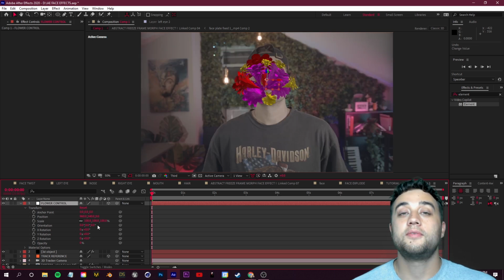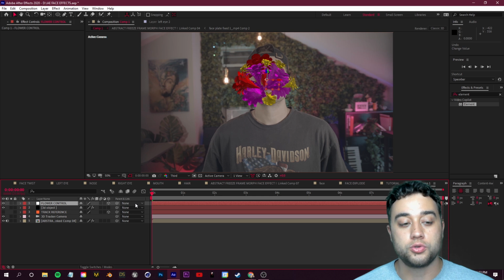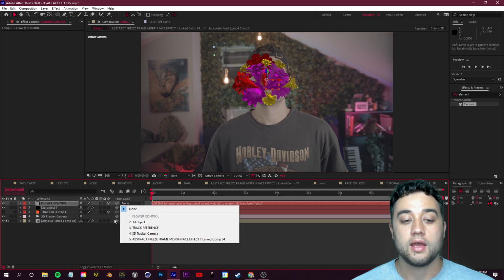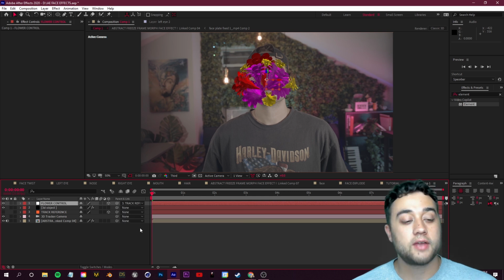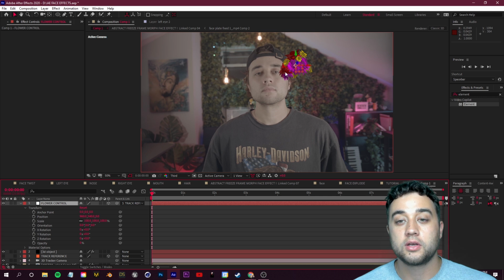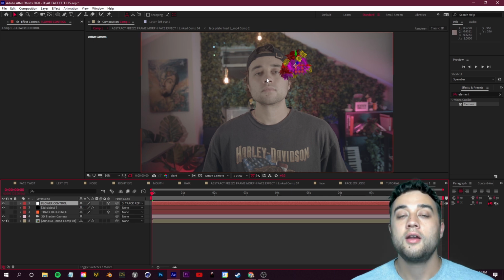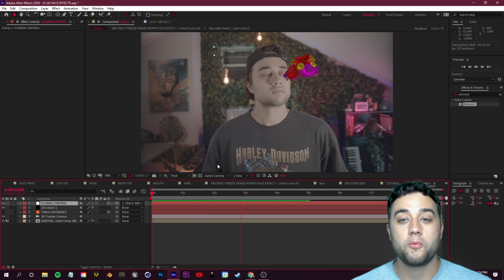So we can do the exact same thing to link up our 3D object with our already set up tracking reference. So all you need to do is go to this parent and link dropdown and select the track reference layer that we set up earlier. And then the exact same steps, you open up your transform here and you just click reset. It's going to paste that in the exact area where we created our track solid. You're going to see how this is completely linked up with my face.